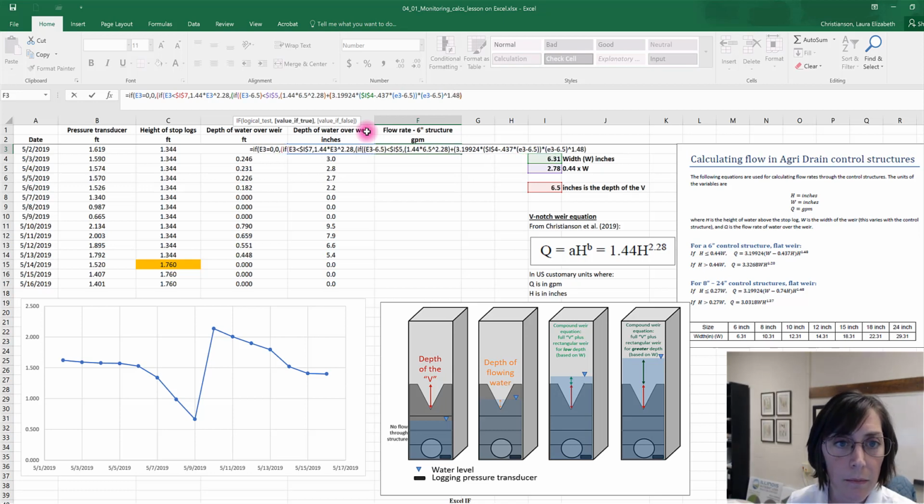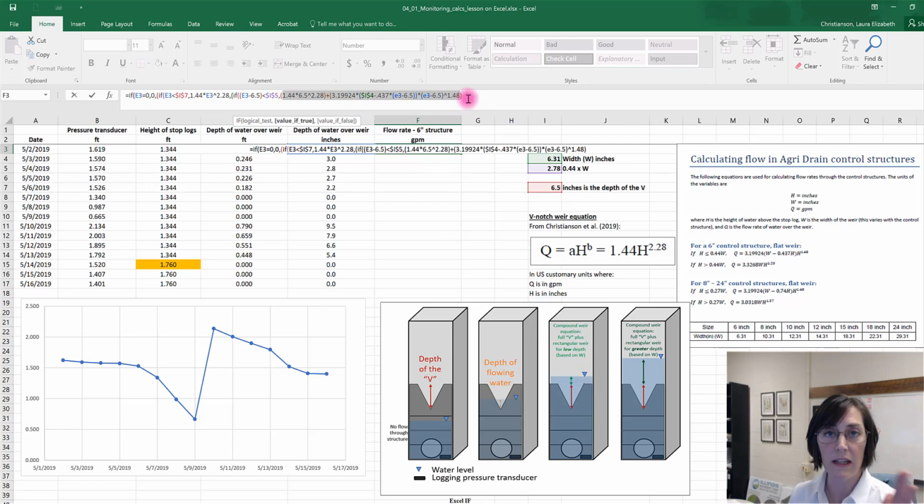Okay, let's see how my parentheses are working out. Okay, so you see my last if statement. If the height of water minus 6.5 is less than this condition of 0.44 W, then this is my whole calculation for when the water is basically right this high.